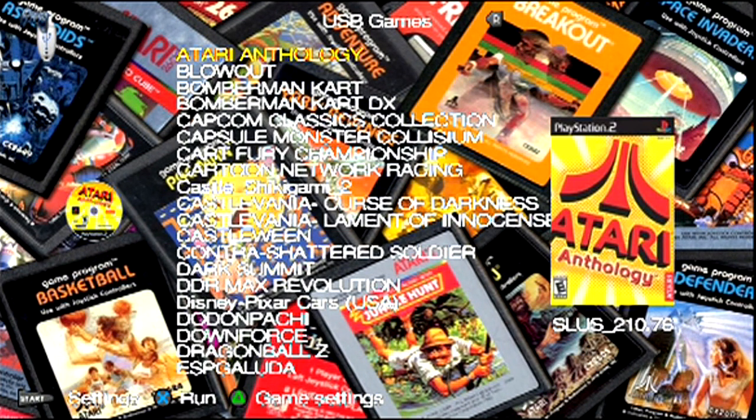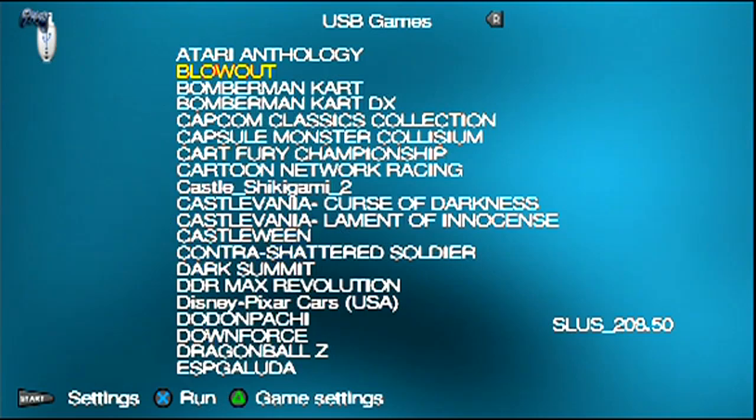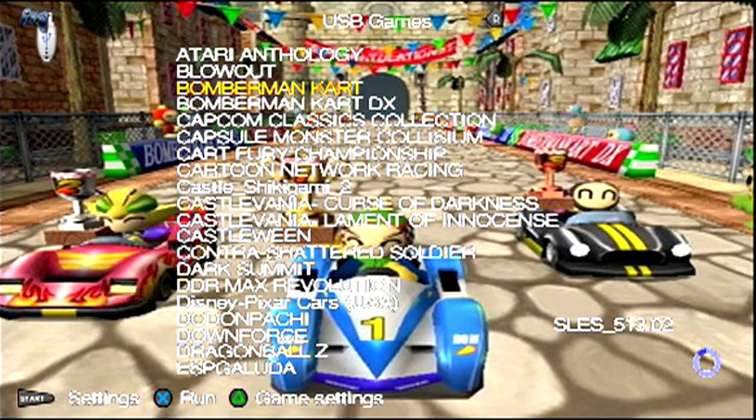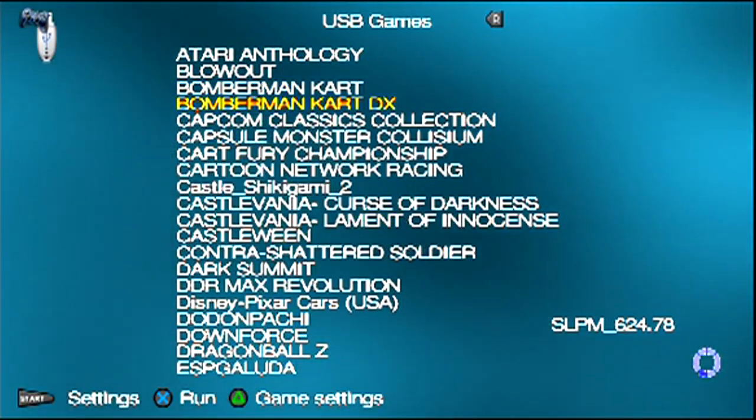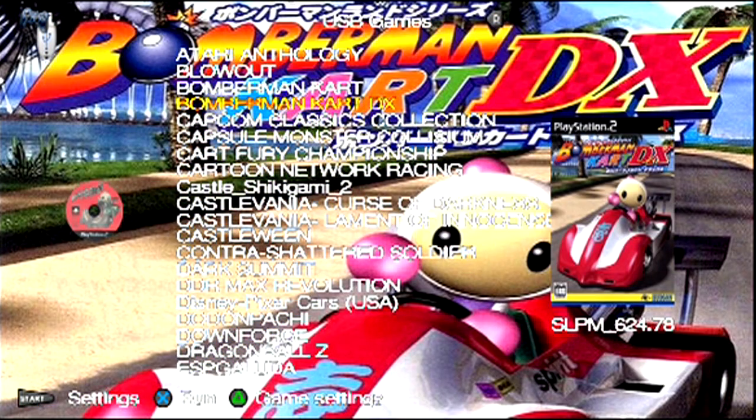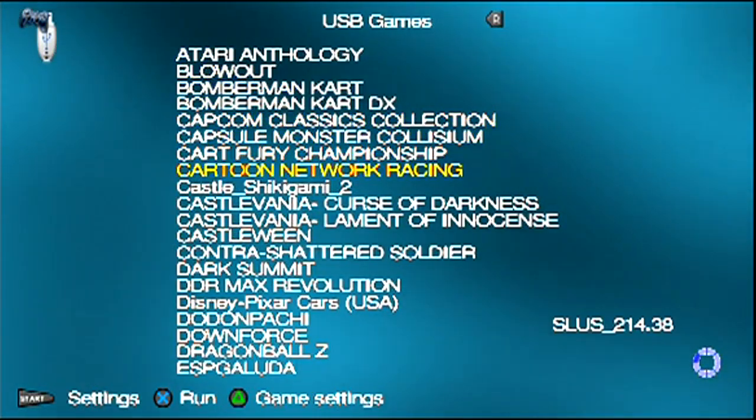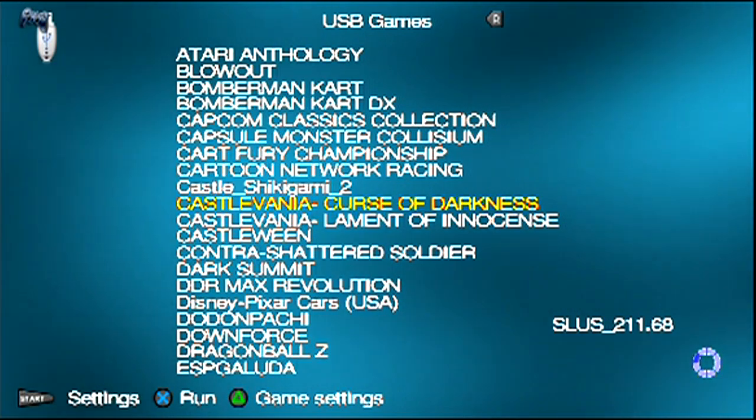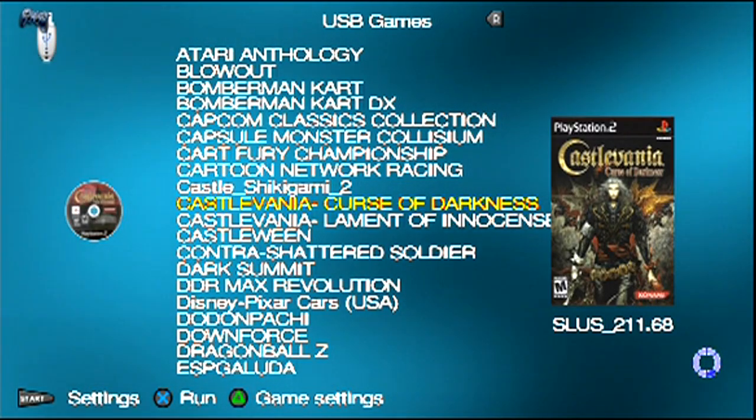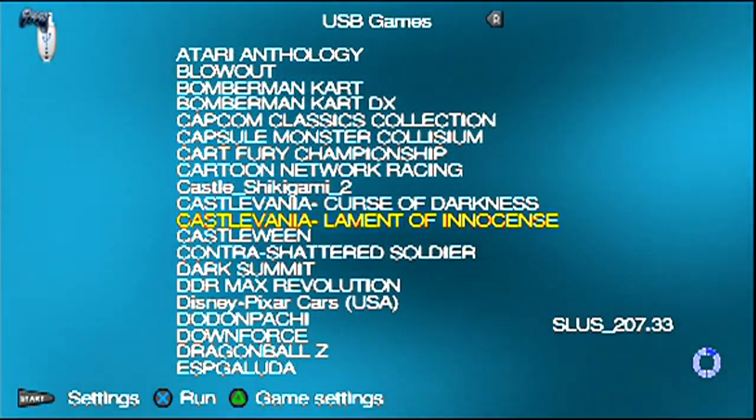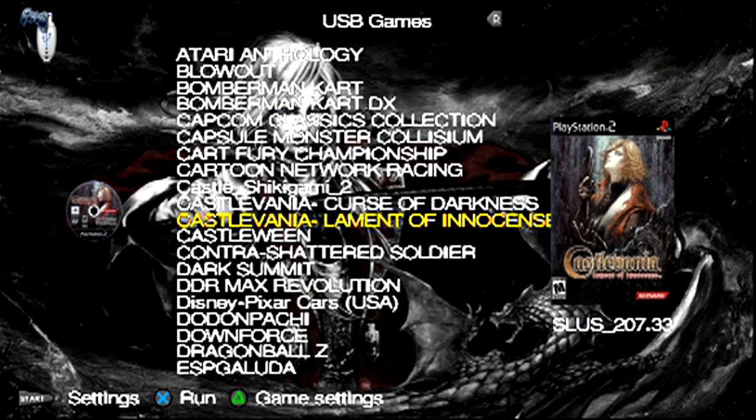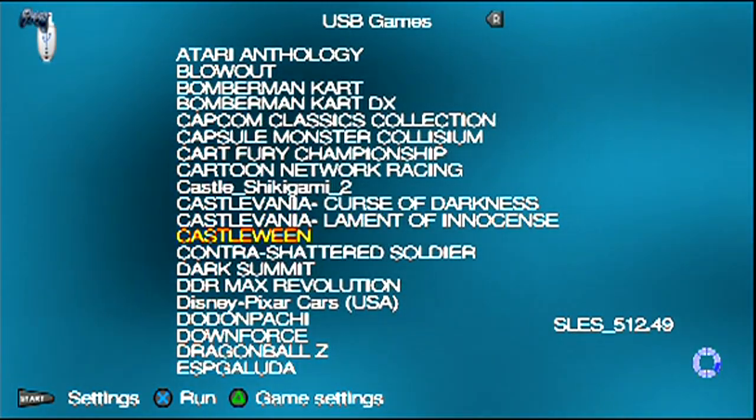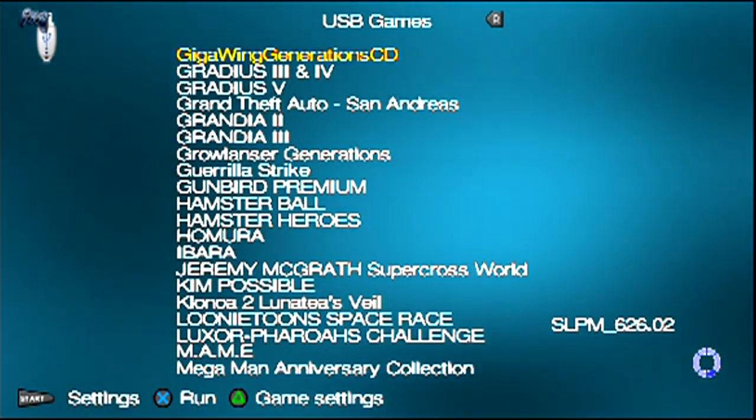This is my PS2 collection here. We have Bomberman Kart. Bomberman Kart DX. All these work, guys. They look pretty good too. It's pretty neat. Castle Ween. So yeah,